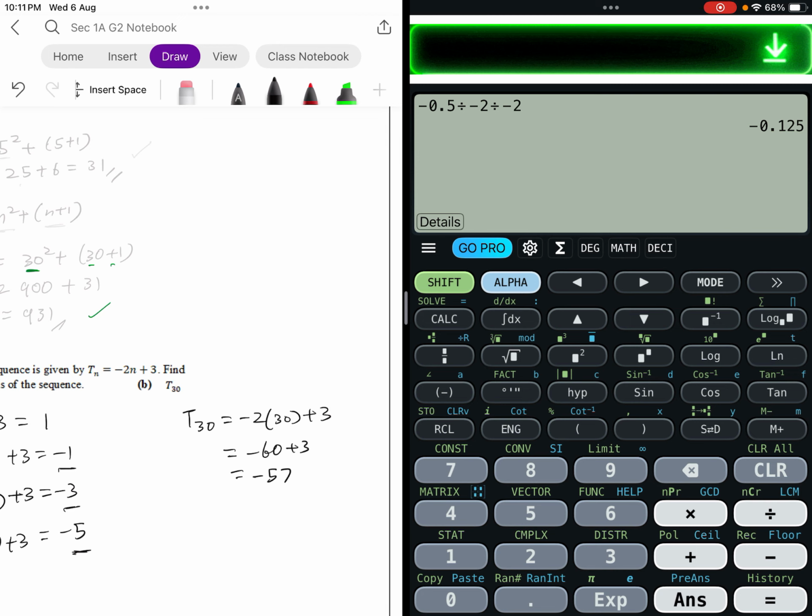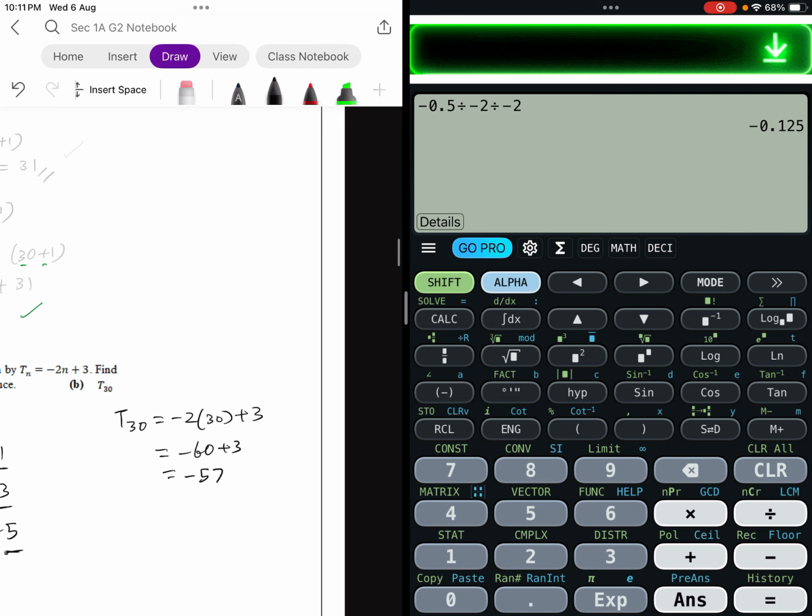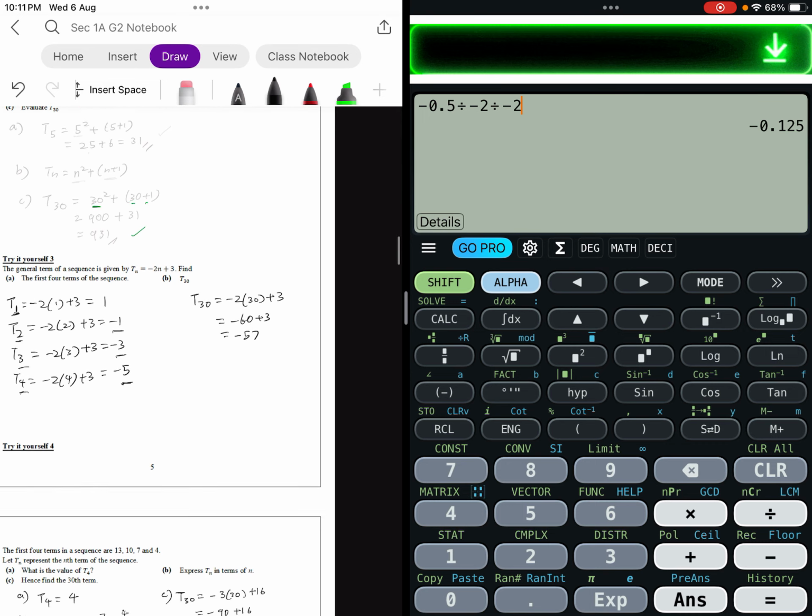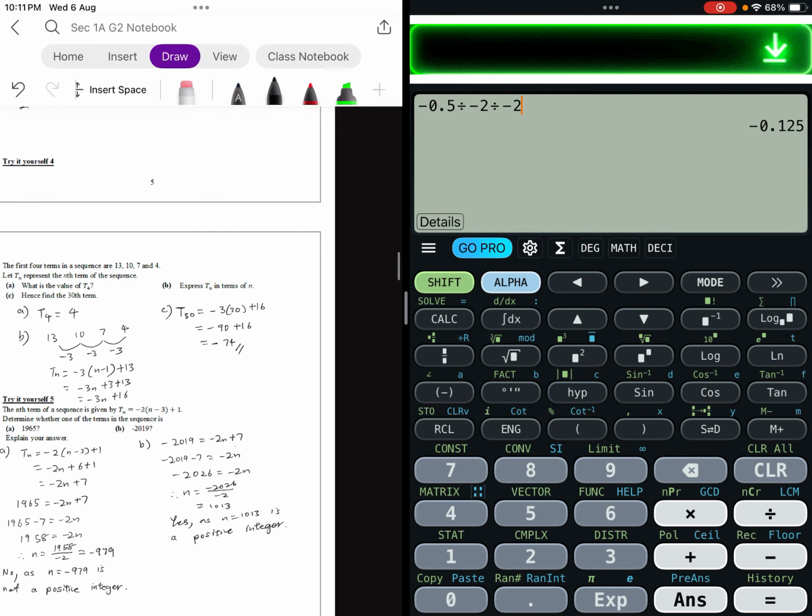Okay, so what is the 30th term? So we sub n equals 30. Minus 2 times 30 plus 3, minus 60 plus 3, minus 57. Okay, easy. Then let's go on to